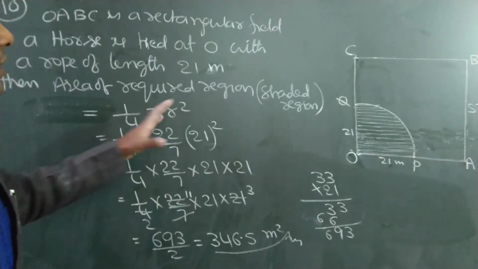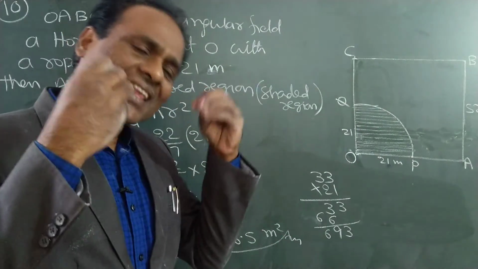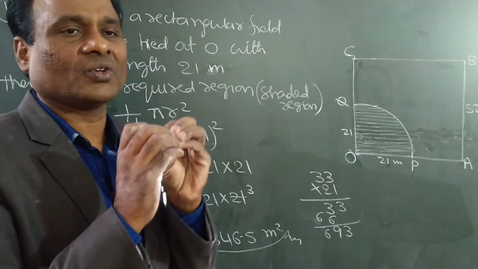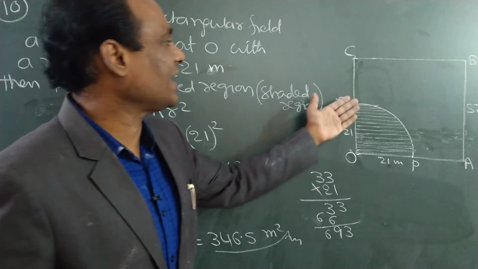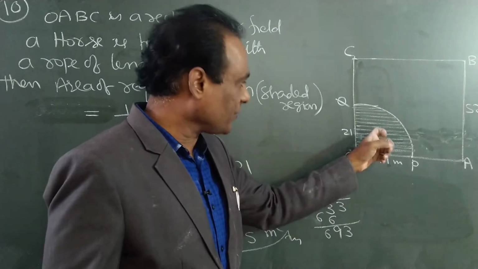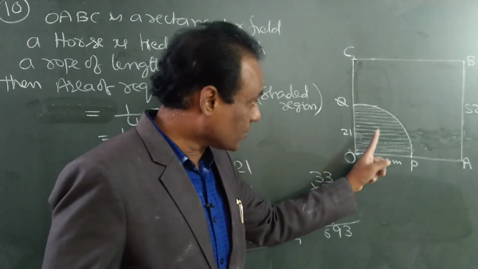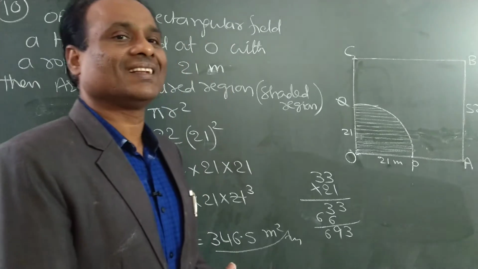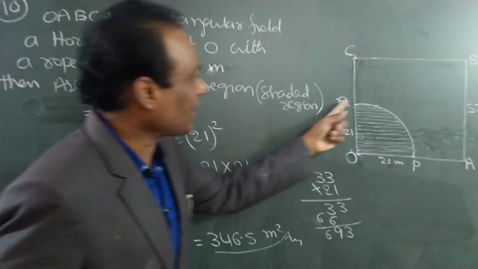See, the figure is given, and the area we have to find is also shaded, so our solution becomes very simple. Everything is given in the figure. This area we are asked to find, and that is also a known figure. What is the name of this shape? The name of this shape is quadracircle, a 1/4 circle.